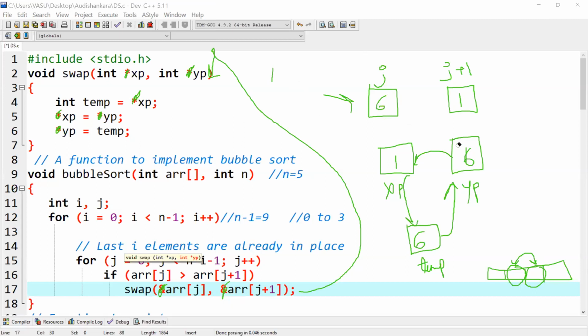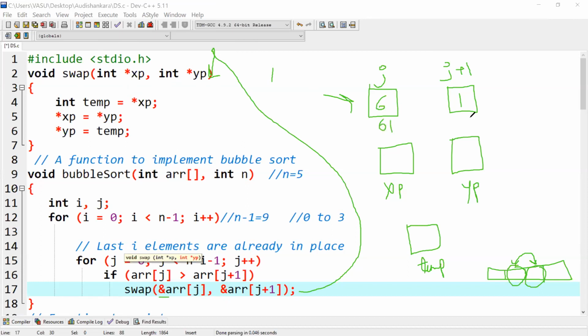So to avoid this, what am I going to do? I'll just erase this now. Now what am I going to have over here? I am going to pass the addresses inside this. Now let's get back to this. See over here, I'll erase this now. I have the pointer and this reference operator. Since I am writing this ampersand, that means the address of array of j, that is this particular value, will be passed.